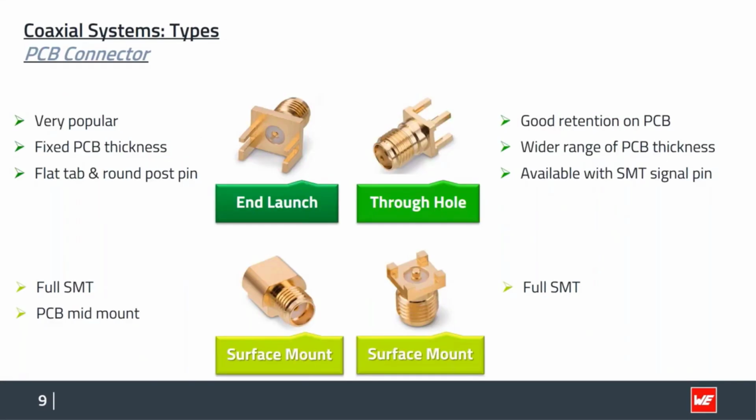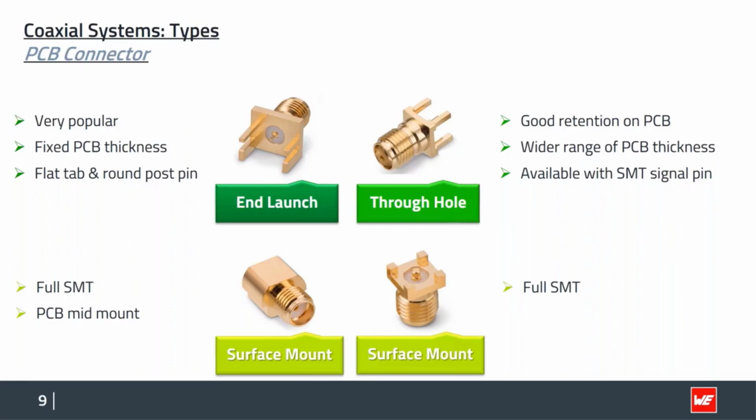On the one side, we have the typical end launch connector. This is very popular, but it's made for a fixed PCB thickness like 1.1 or 1.6 millimeters, so you have no other choice to use it for other PCB thicknesses. It's available with two different signal pins,